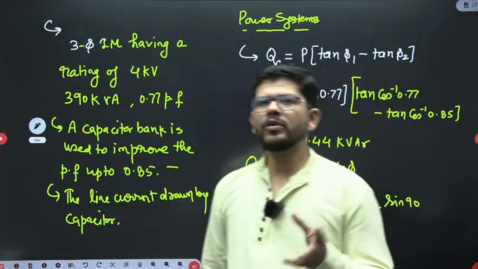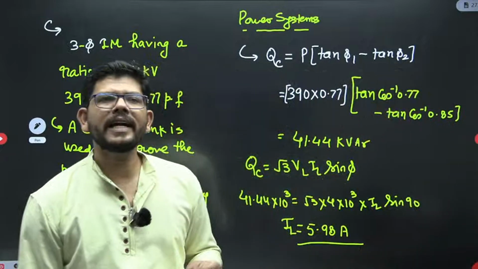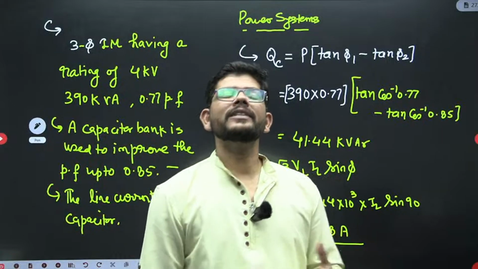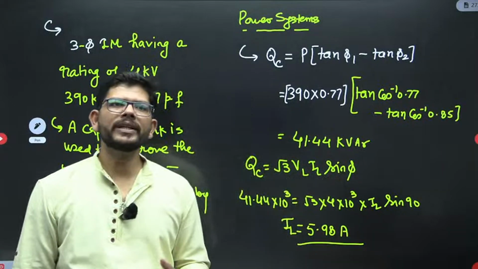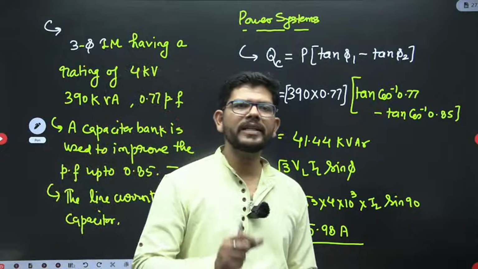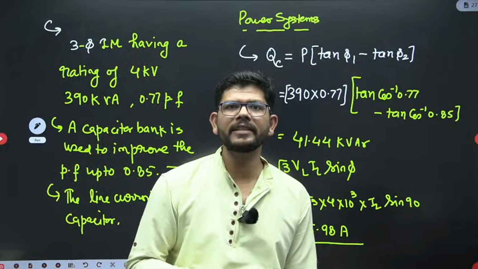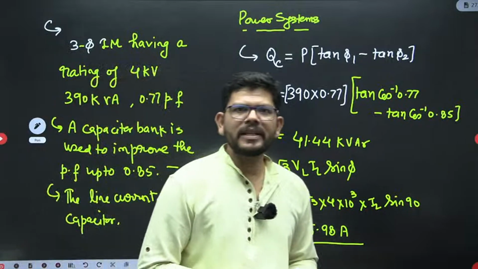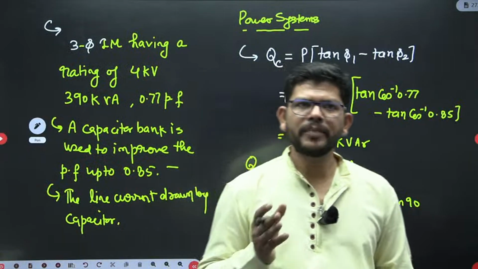There was one more question from power system. They were asking that if suppose there is a power failure and UPS is operating, and UPS is supplying the appliances, then UPS can be considered as what kind of bus? Is it a slack bus? Is it a PV bus? Is it a PQ bus, or is it a